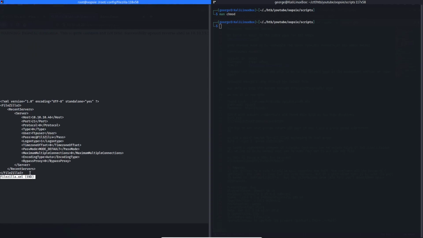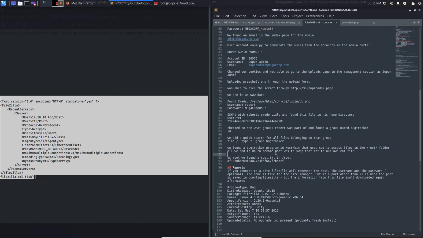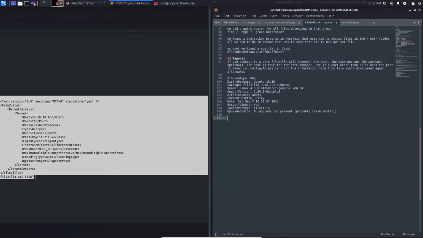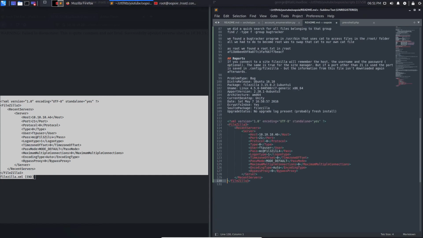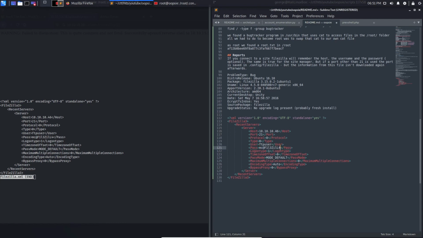And we have some information about some server. So we got a host right here. We got a port, protocol, type. We got a user and a password. Nice. Cool. So I think that's probably going to be used in the next one